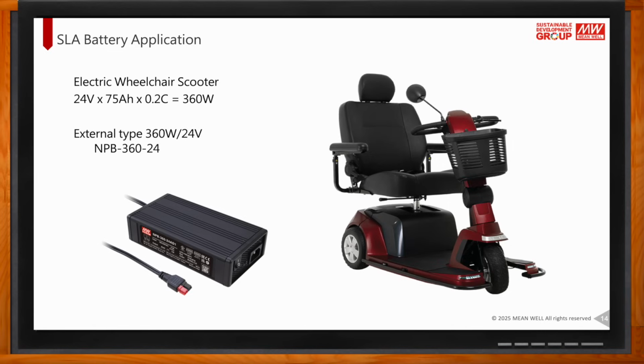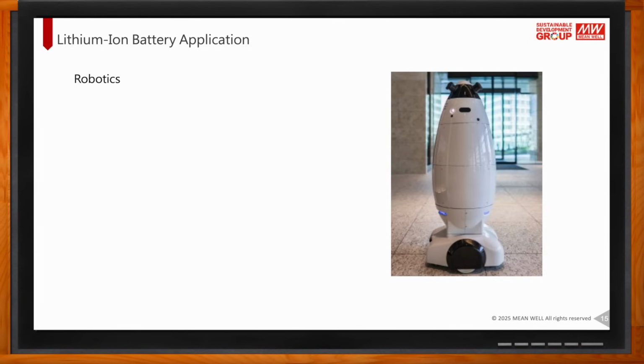The customer ended up using our recommendation, MPB 360-24, which is an external type of charger that is outputting 360 watt at 24 volt. So, Thrax, what about lithium-ion batteries? What kind of applications are we talking about here? For lithium-ion batteries, very common application would be in the robotics. For example, one of the customers we worked on, they are looking for a charger for their 48 volt, 100